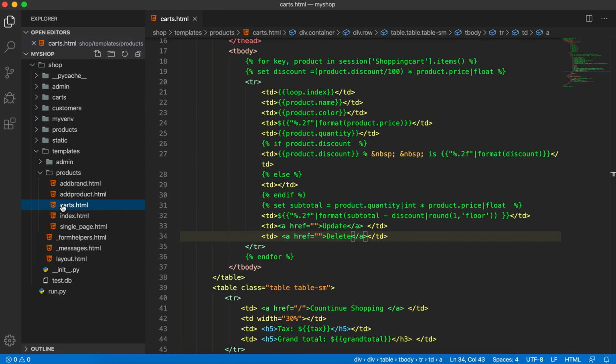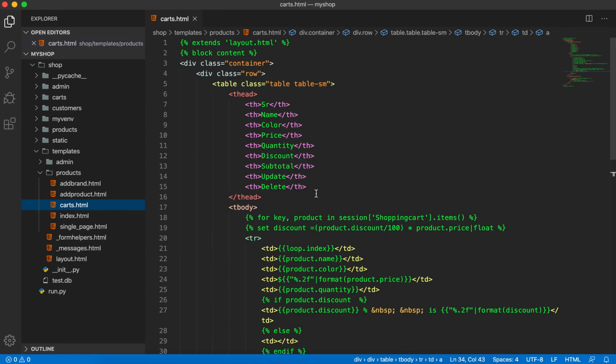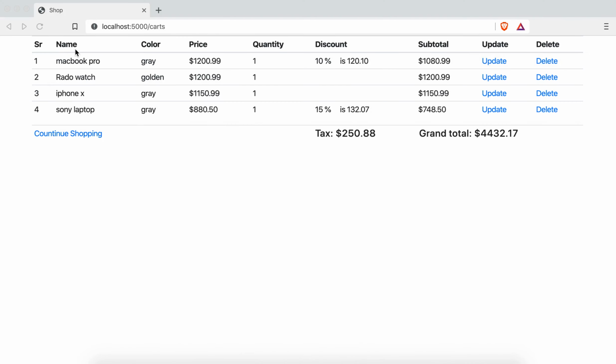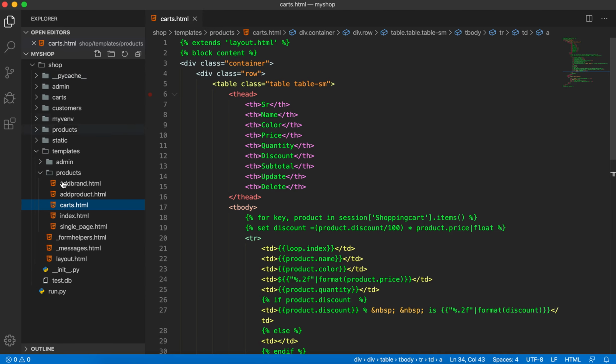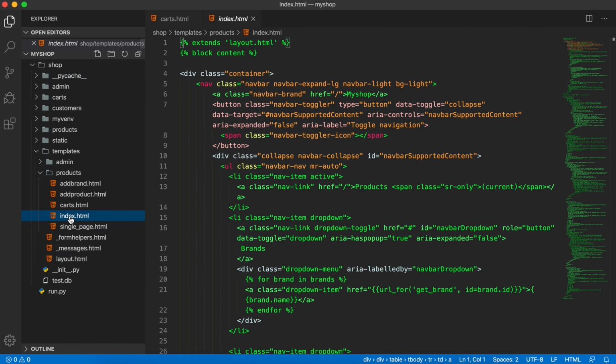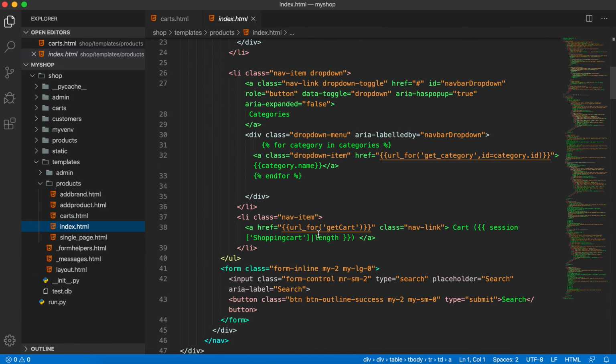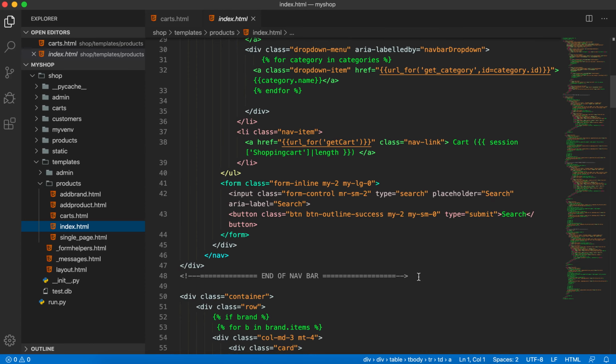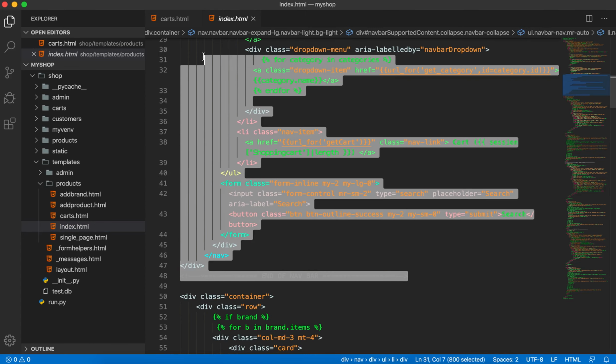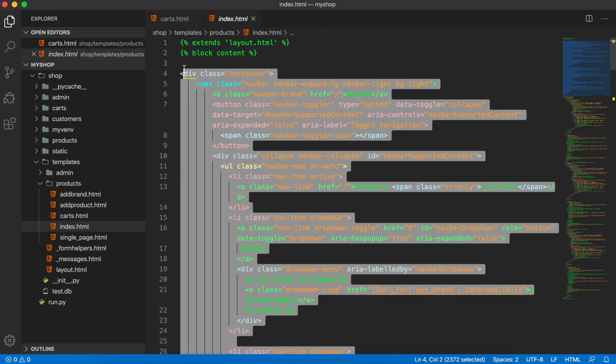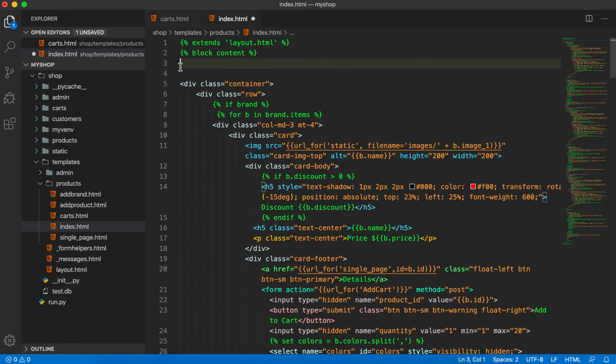cards.html last time. What I can do now is display the Navbar also here, so that will be good. So let's do it. First of all, I will go here to index.html, and I will remove it from here to here, and